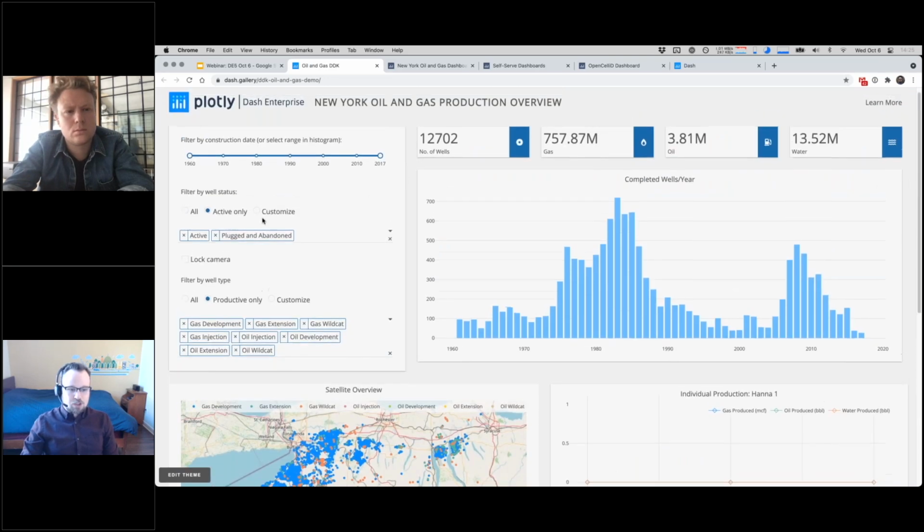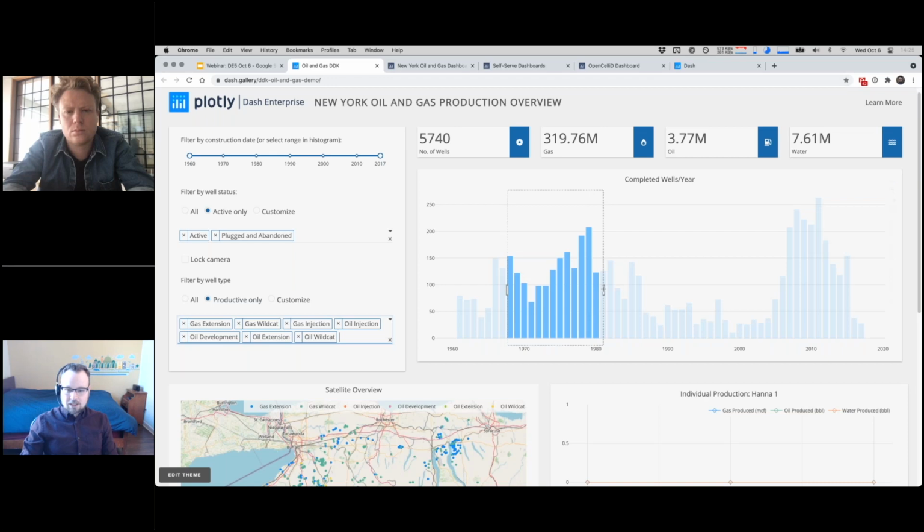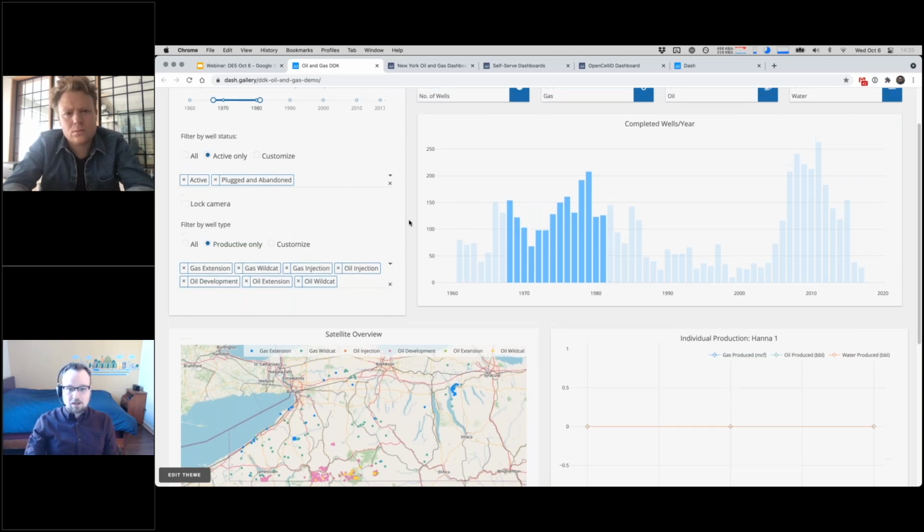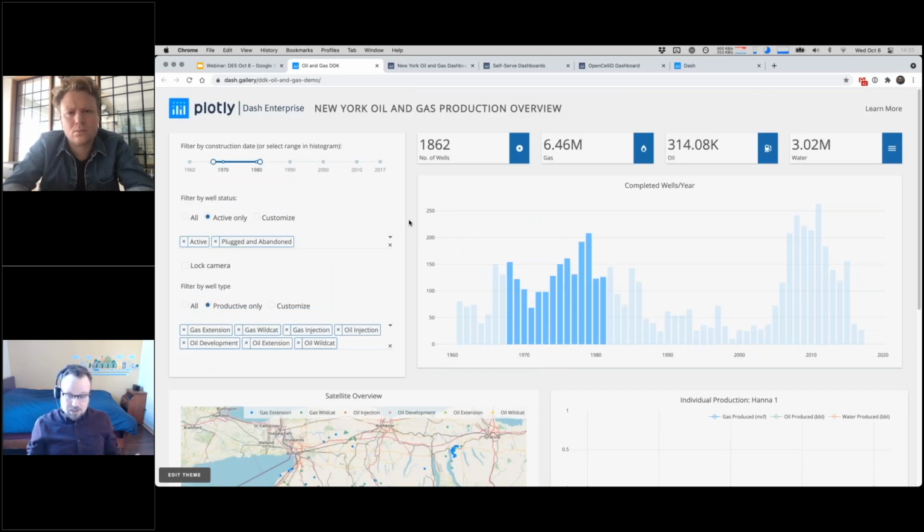And I've also got a number of widgets, so I can remove gas development wells. I can make a selection over here. And the basic pattern here is that any selection you make is reflected everywhere else. This is a pretty typical dashboard style Dash application. It's about 1,000 lines of Python code, which in the grand scheme of things is actually really good. This is the original promise of Dash, that you could write this kind of application in pure Python without having